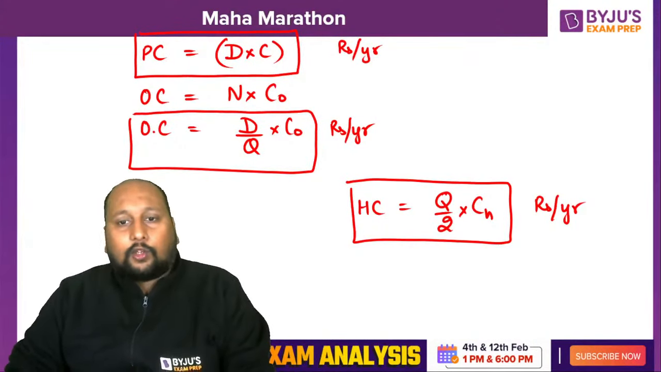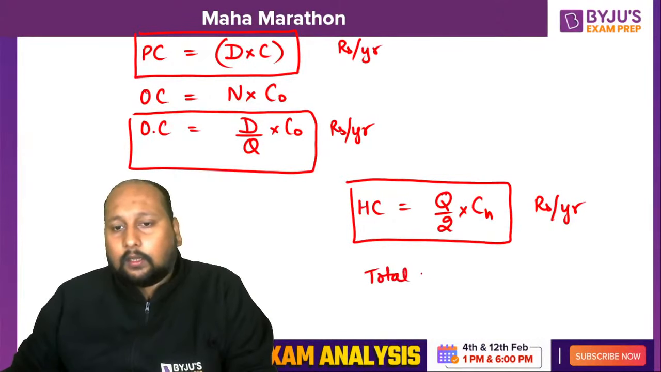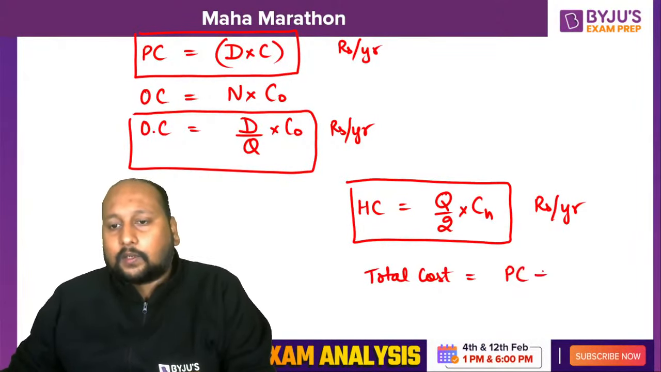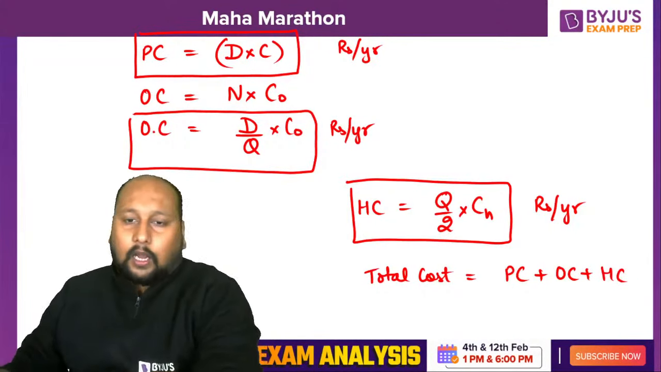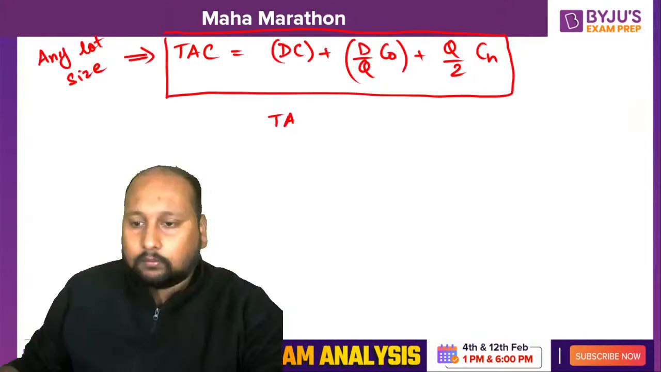Okay, fine. So if I talk about the total annual cost, it is the summation of purchase cost plus ordering cost plus holding cost. Or I can say the total annual cost equals,